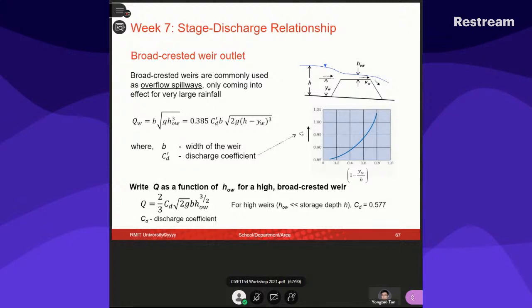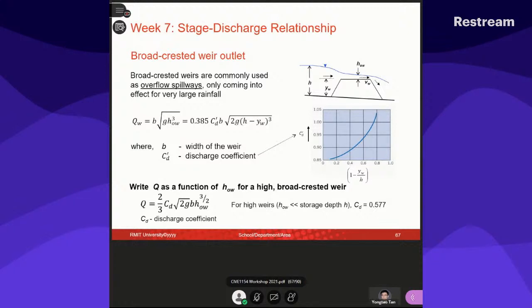But these two both can use to calculate the broad crest width outlet. So for the broad crest width, you can use this one or use this one. Actually, these two are quite similar. For example, for the broad crest width, normally the